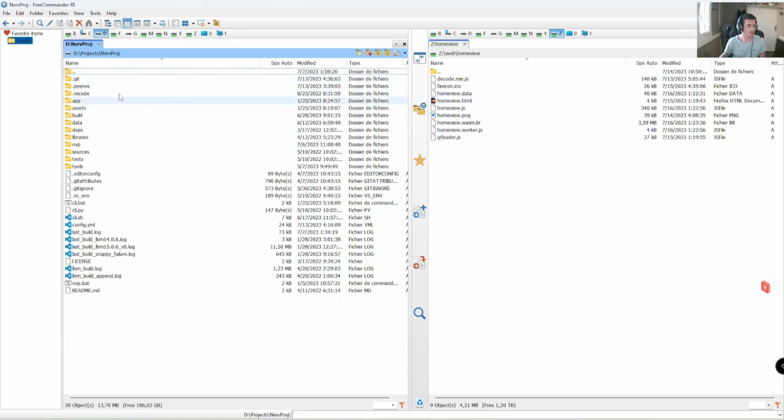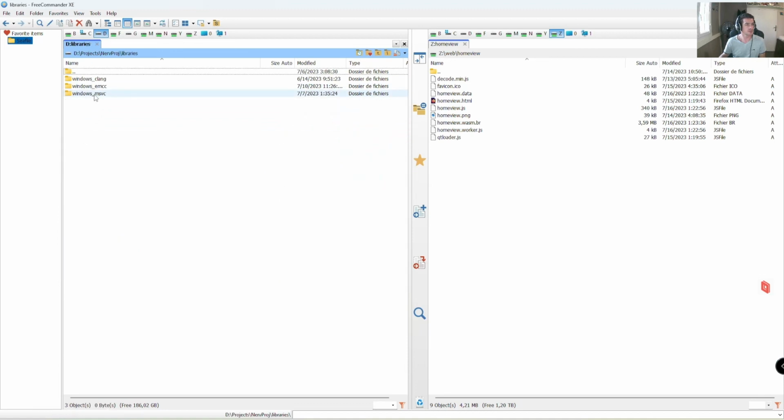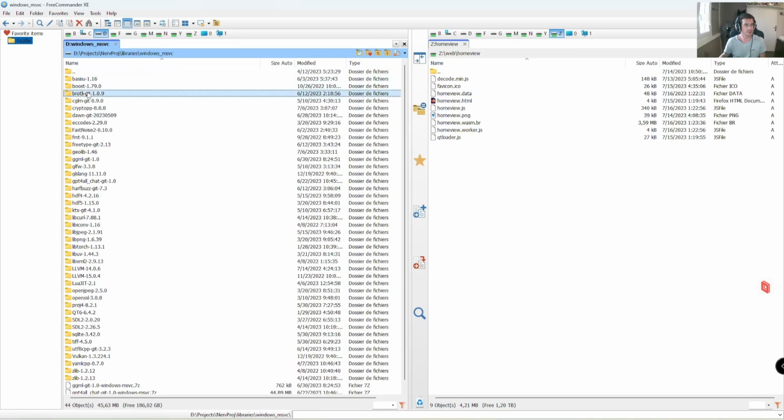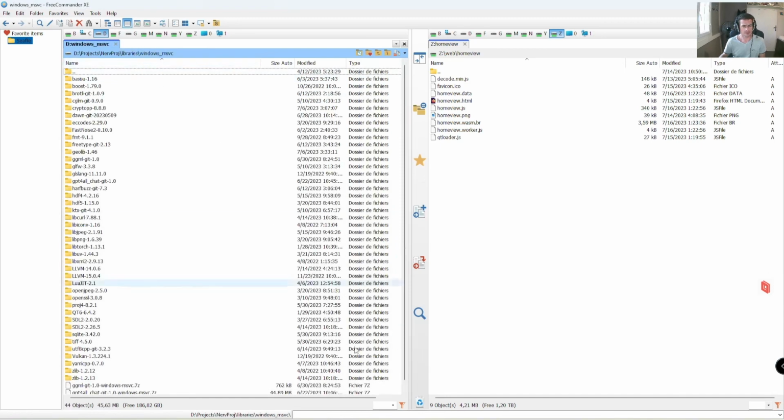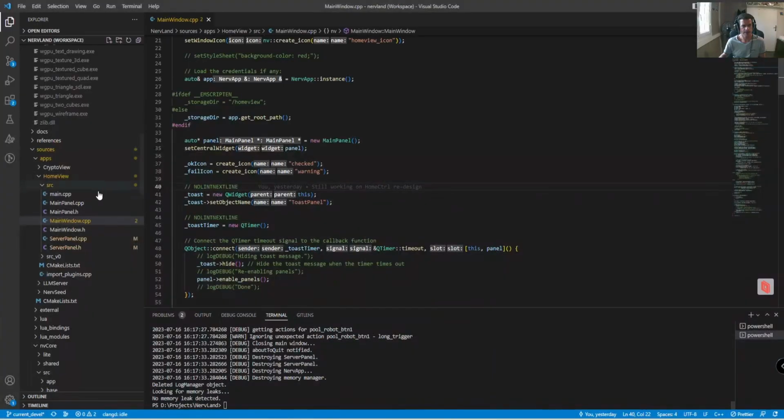So anyway, we have in NerveProj, so this is something that anyone can build actually using the NerveProj project. So in the libraries, I think you have that available in all the flavors here. So MSVC will find Brotli, and this is the one I was trying to use, in fact, the executable file here. Let's just check very quickly where we need Brotli,